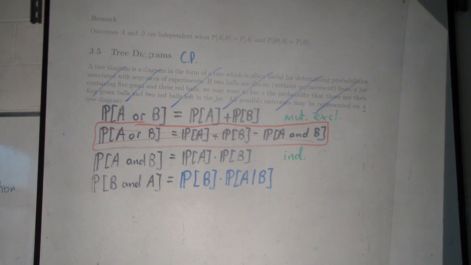So suppose we're taking two cards out of a deck. First card, keeping it, taking out a second card, and suppose you're asking for the probability of an ace and an ace. So maybe I'll write this with a bit more notation. What's the probability that the first card is an ace